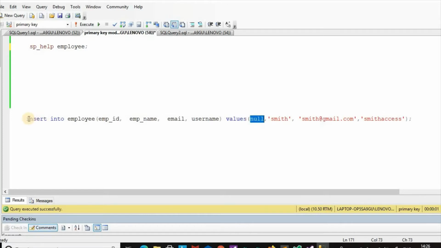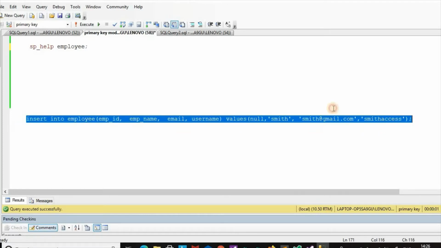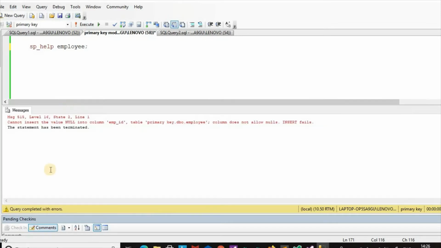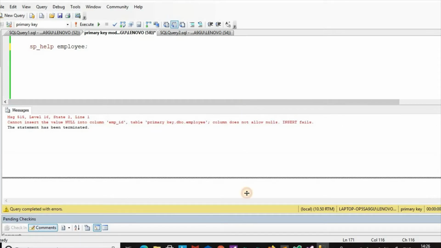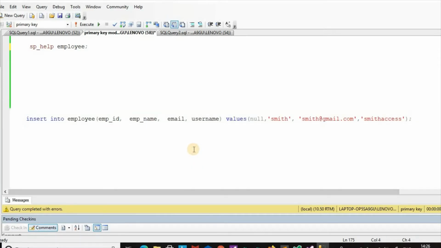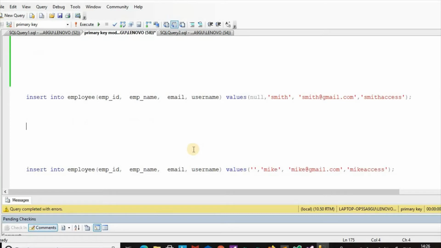If we try to execute this, we get an error: cannot insert the value NULL into column EMP ID, table employee, primary key. Column does not allow nulls, insert fails. So primary key does not allow any null value, not even a single null.